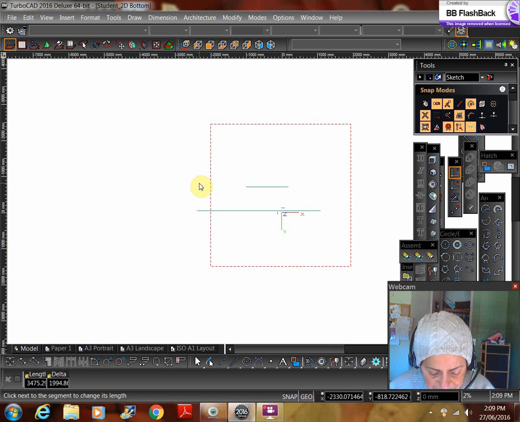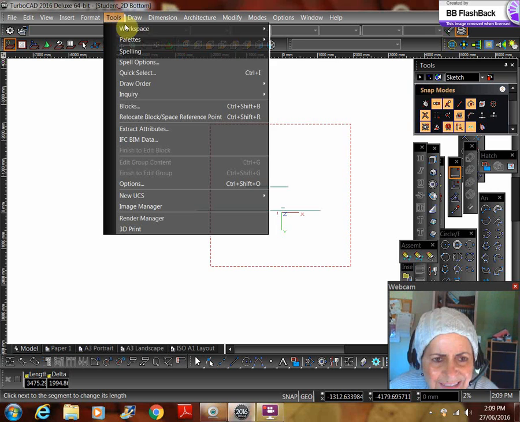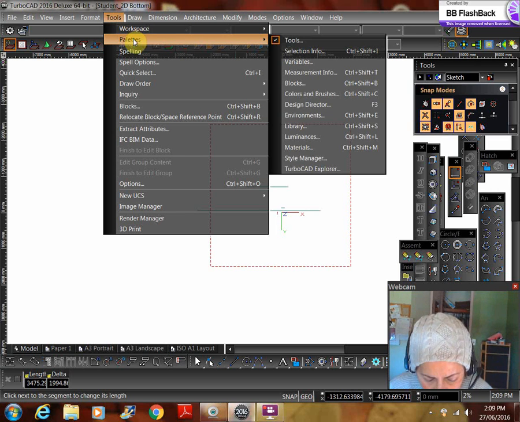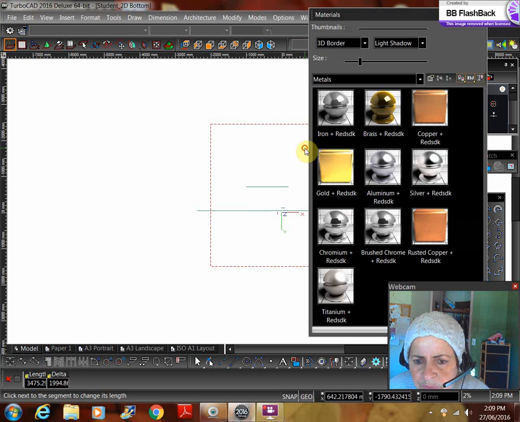Now the material property. When you want to go to the material property, you go to tools, you go to palettes, and you go to materials. Here, these are the material properties, and here is for mechanical engineers, and for other people also exist. It depends on